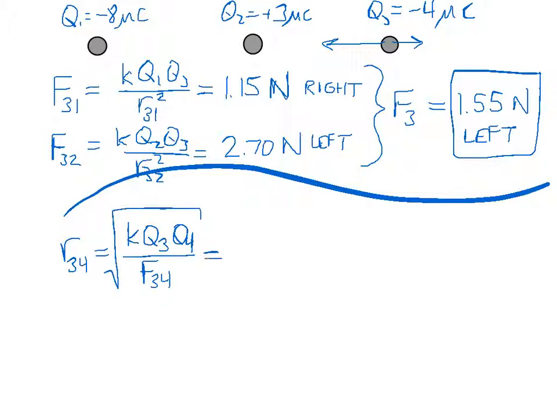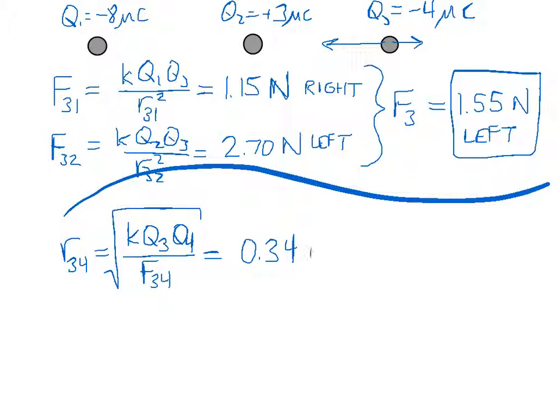to square root it. Plugging in all these numbers, 9 times 10 to the 9th, Q3 is 4 times 10 to the negative 6, Q4 is 5 times 10 to the negative 6, the F34, remember we want this force to cancel out the total net force we had over here, so the F34 is going to be the same as this right here, the 1.55 newtons. When you plug all that in, you get an answer equal to